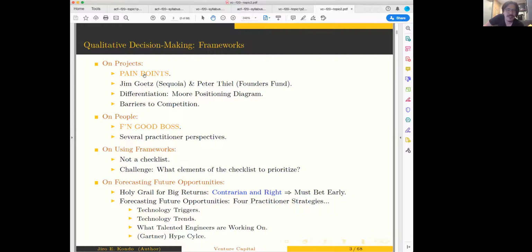The other thing is, if something is an A+ on everything in the checklist, trust me, that's not a secret that only you know. Everyone's going to feel good about this thing. And if everyone feels good about this thing, guess what? You're going to go into a bidding war, right? And what happens to your potential returns in a bidding war? Price goes up, expected returns go down. You're not going to hit a home run if you put yourself in an intense bidding war where every single potential investor thinks, wow, this is the best thing since sliced bread,